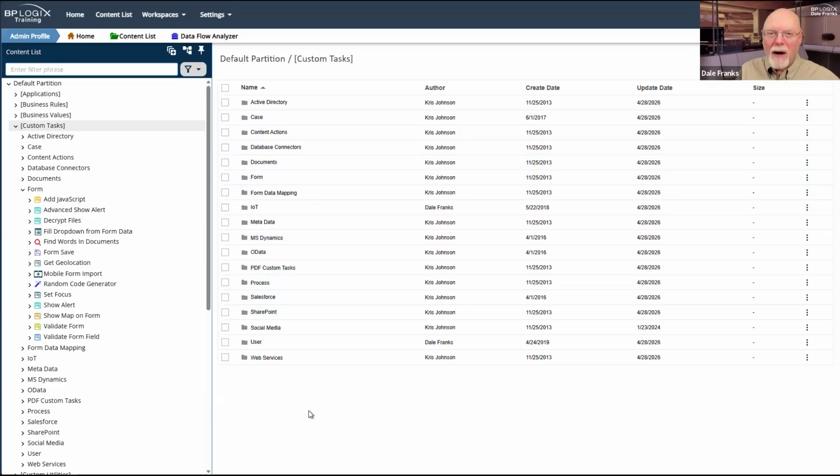When we went to 4.5, it was not possible to make several of the custom tasks backward compatible because of changes we had made to the product. So we needed a whole new set of them. That's very unusual. It still happens from time to time on individual custom tasks.